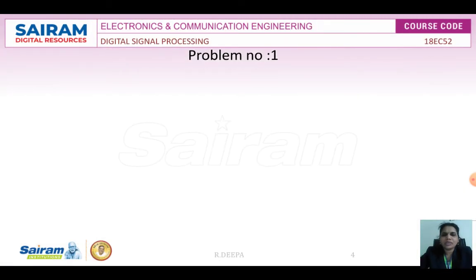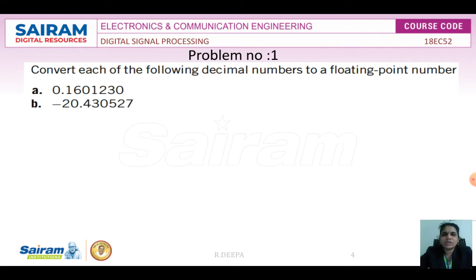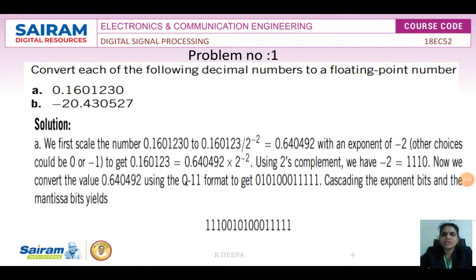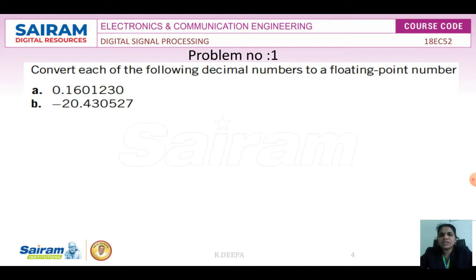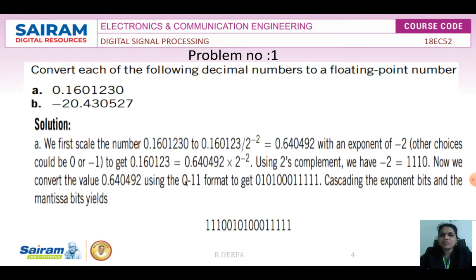Next, let us solve a problem which is going to convert the following decimal numbers to floating point numbers. The problem statement is: convert the decimal number to a floating point number, where the first number given is 0.160123 and the second decimal number is minus 20.430527. So the solution to convert this particular